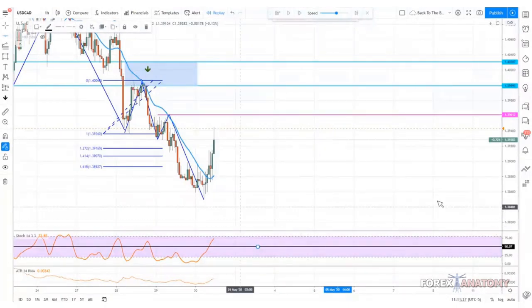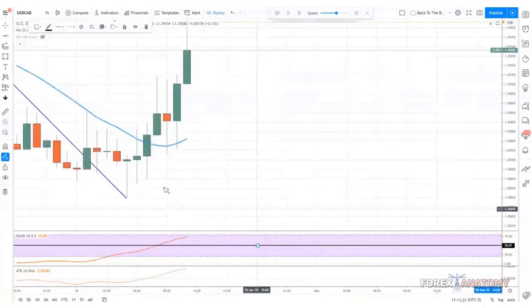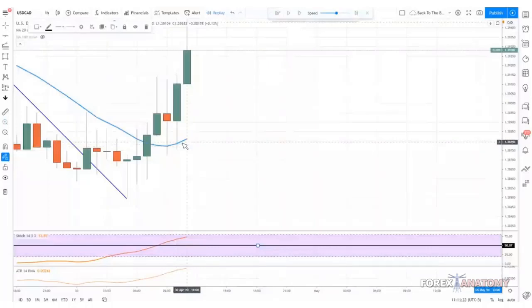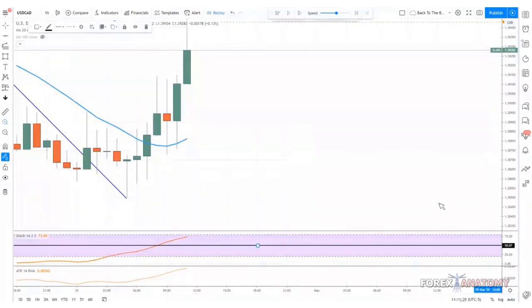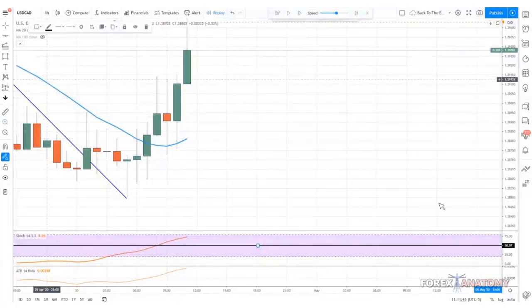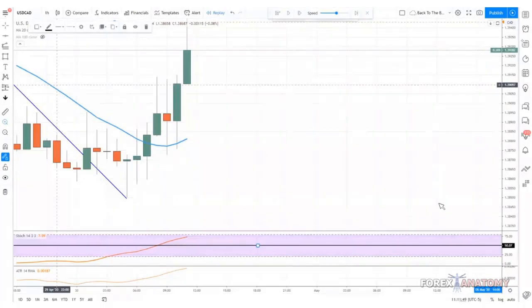Okay, we want to look at the area where it was the most support. What I want you to do is look at this right here. What do we see happening with this 20 simple moving average right here? What is happening with it? Because that can help you out. That's one of the answers. What's beginning to happen with this 20 simple moving average? Remember, we talked about this yesterday, or during the last back to the basics session, as a filter.